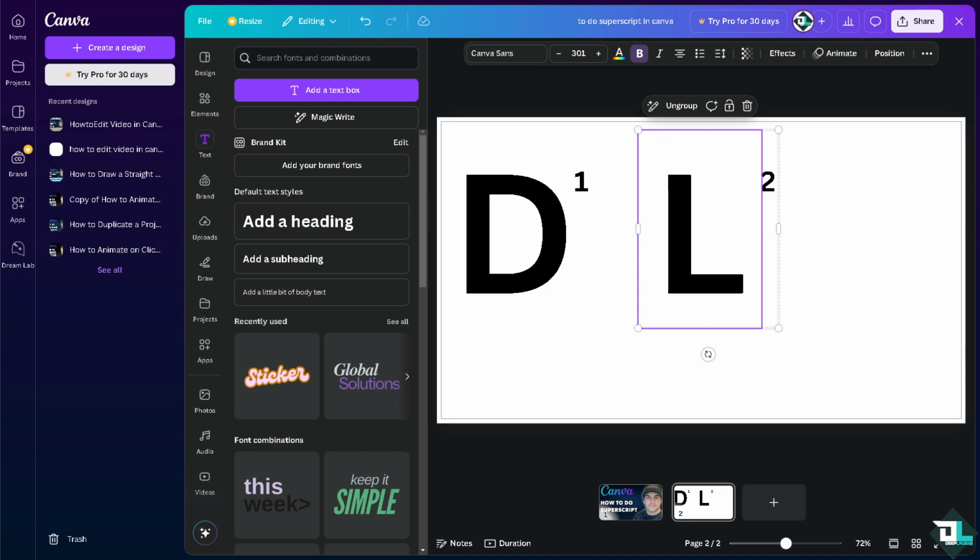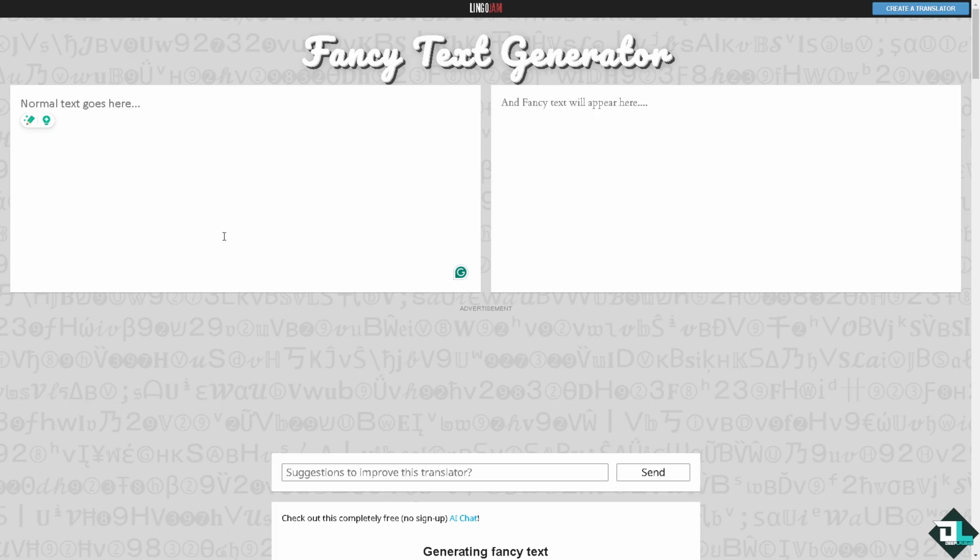Another option is you might want to go to this specific website called Lingo Jam. All I have to do is put your normal text here. For example, that's going to be D. And you can basically go for something like the access superscript. Basically,